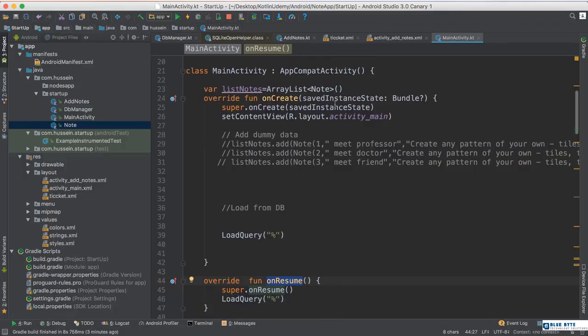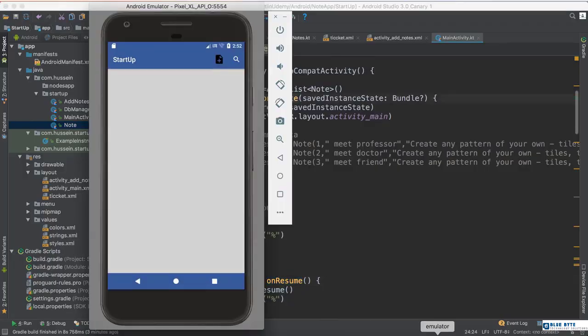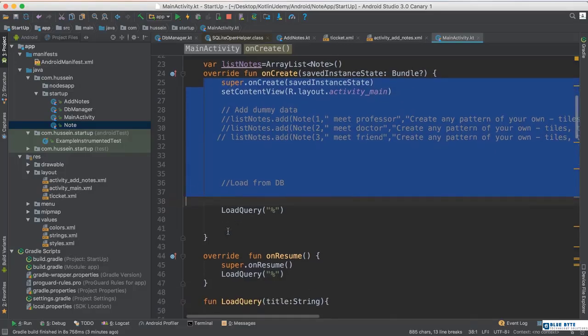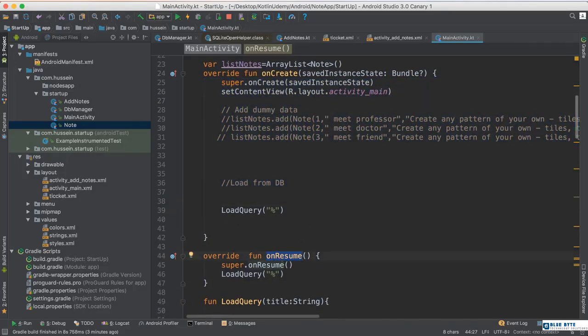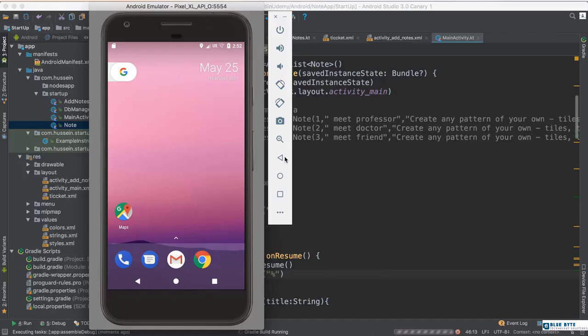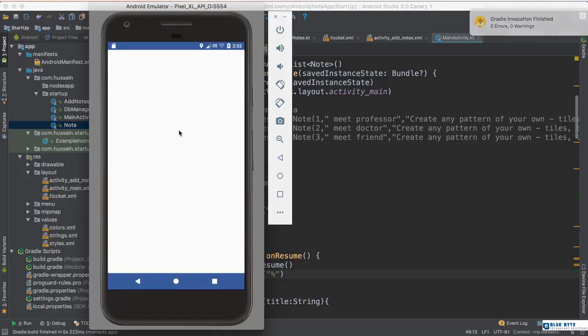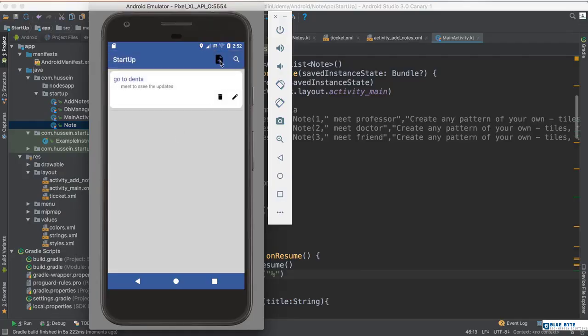So now it doesn't call this one when we close the second activity. Why? Because this process will not fire up this method, and we will talk in more detail about this. But now with onResume, it will call it whenever the form gets active again. So whenever the form gets active, it will load the things again, which is what I wanted in this video because it helps me to see the updates. I don't want to restart. So before going forward, let me just fix this and make sure it's working. So yes, adding. Let me just add